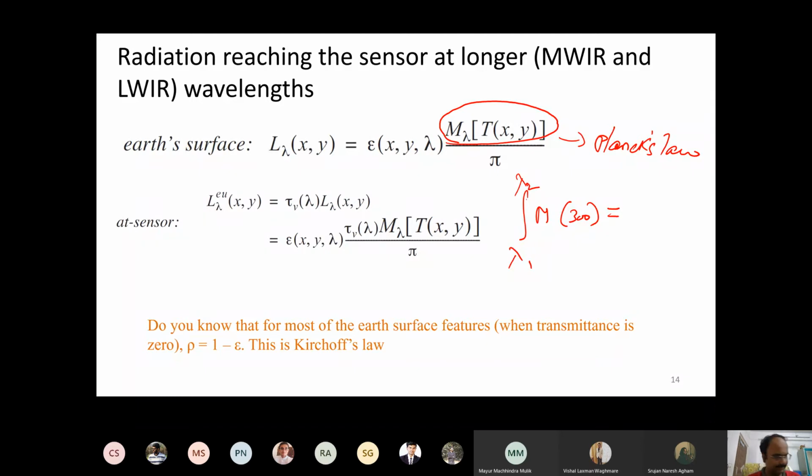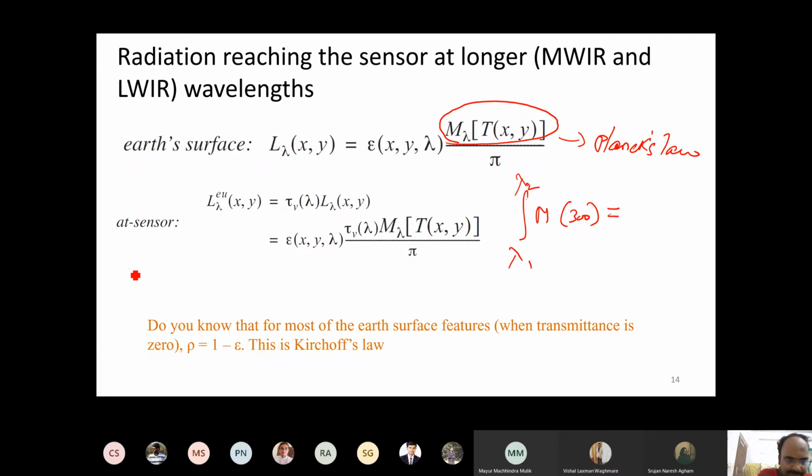On the other hand, most Earth surface features will not emit at maximum efficiency, and they will not obey Planck's law. They cannot emit at the maximum efficiency described by Planck's law. They will emit only a certain fraction of it. Say if Planck's law tells that an object will emit 100 units of energy, a real world object may not emit 100 units, it may emit only 95 units. The remaining 5% it cannot emit. That is the limitation it has as prescribed by thermodynamics and its own object structure.